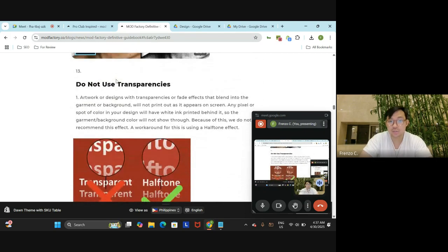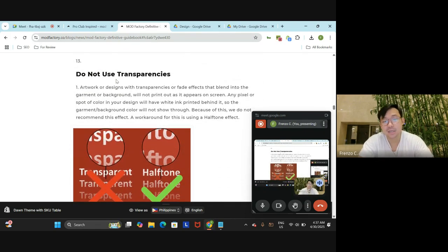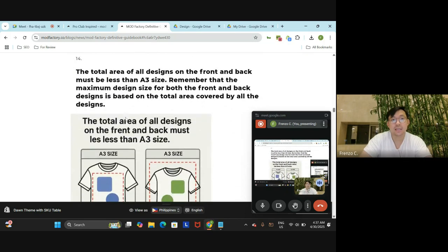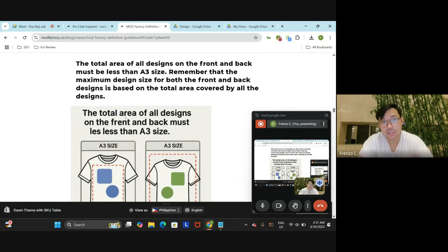Also, do not use transparencies on your design. If there is a shadow or some designs are somewhat transparent, it won't print properly using our printing technique. All right. So the total area of all designs on the front and the back must be less than